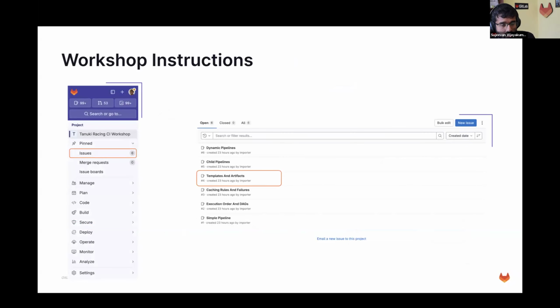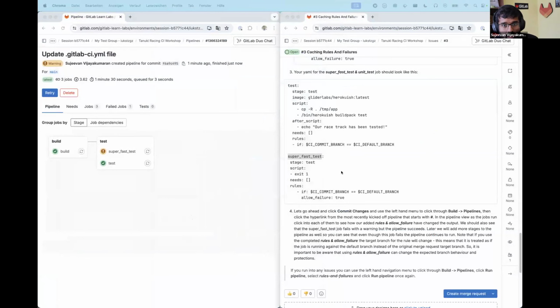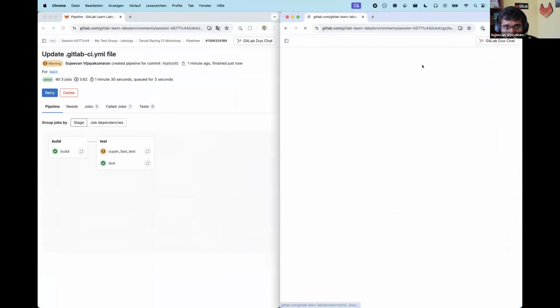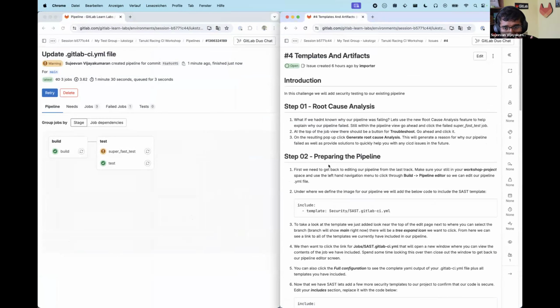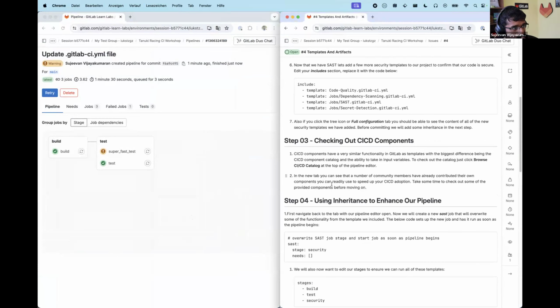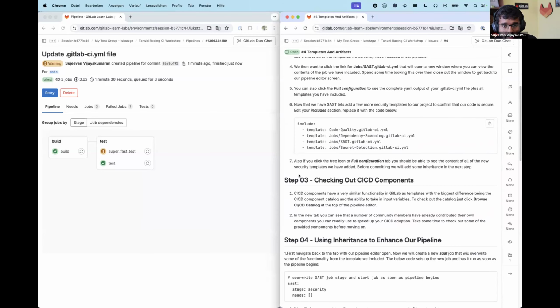Okay, let's go to the fourth task, which is templates and artifacts. So let's go to these issues again. And I would now rather say you could probably do that on your own. So I will give you about 10 minutes so that you can go through these steps. And I will after that come back and show you how that will look when I do this. So I will put up a timer again,